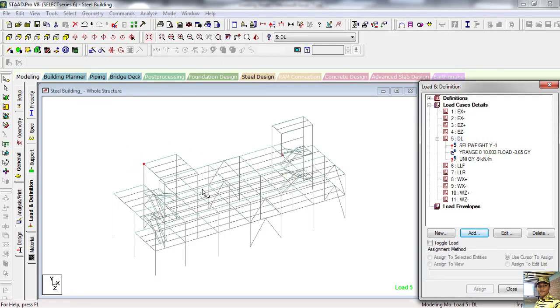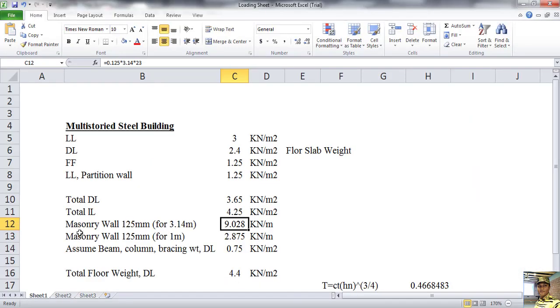We also have one more masonry wall, that is our parapet wall on the rooftop. That also, see, masonry wall 125 for 1 meter, 2.875 kilonewton per meter, that is also gravity load.